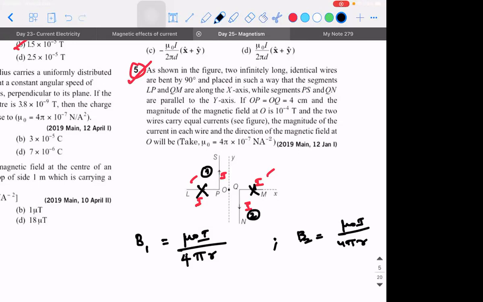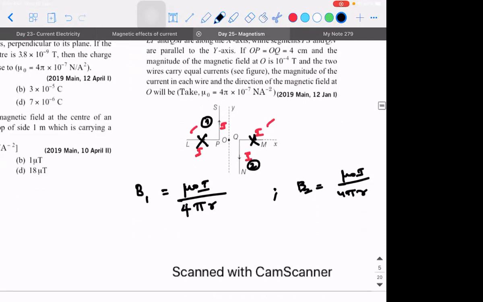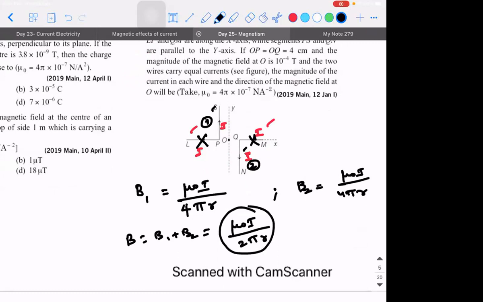Now what about the directions? So first what is the direction of magnetic field? Is it into the plane or out of the plane? It is, and I'll understand whether I need to subtract. ரெண்டுமே into the plane தான் சார் போறது. Both are into the plane. So அதனால net magnetic field will get added. So net magnetic field in our mu naught I divided by 2 pi r means this wire and this wire put together are acting like an infinitely long wire. Adhanaala formula mu naught I by 2 pi r. So 2 ஆல multiply பண்ணி I am dividing with 2.